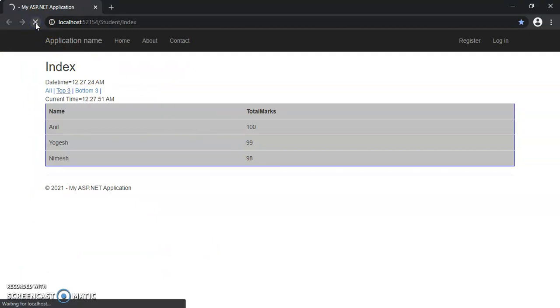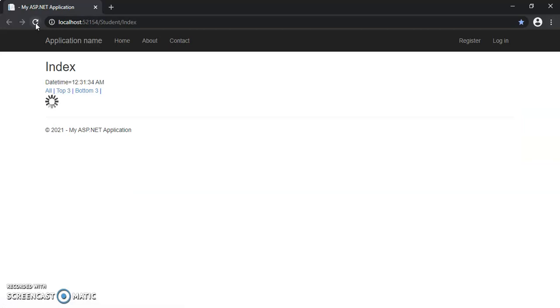Refresh the page, and you can see my GIF image is displayed here. After 4 seconds complete, it will display the All page.